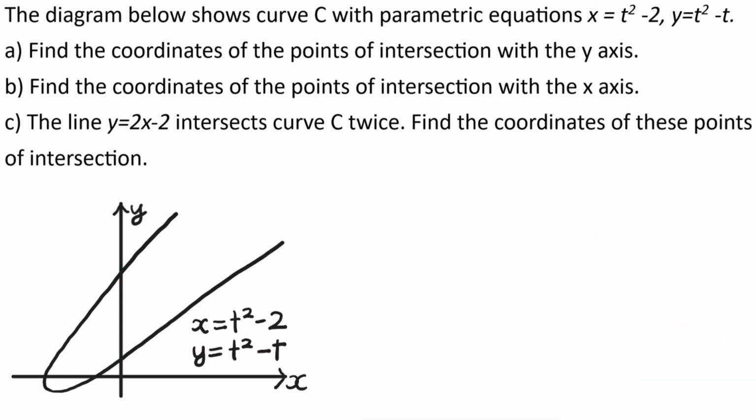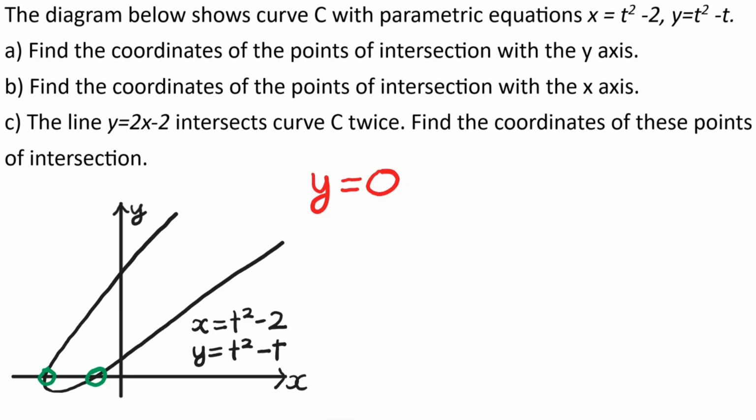Okay, and then for part B, we need to find the coordinates for the points of intersection with the x-axis. So this is going to be these 2 points down here, and as it intersects with the x-axis, this is going to be where y is equal to 0. So this is the exact same technique as before, but now we use this parametric equation and we set y